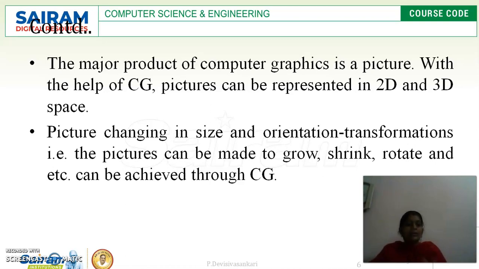Okay, and next, if we have any sort of picture, easily we can change the size of the picture as well as we can change the orientation of the picture. That is called transformation. The transformation is nothing but, suppose you have one object, for example one triangle. At the same time we can shrink it, we can change the size of the triangle, whether we make it small or we make it a very big triangle also. So this is called the transformation.